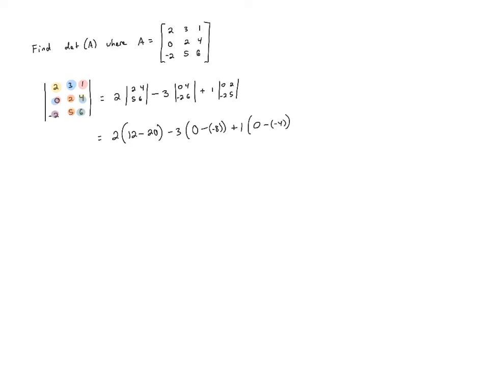And then we can go and do the math inside the parentheses. 12 minus 20 is -8. 0 minus -8 is 0 plus 8, which is 8. And 0 minus -4 is the same as 0 plus 4, which is 4. Then we can do the multiplications. This gives us -16 minus 24 plus 4. -16 minus 24 is -40, and -40 plus 4 is -36. So the determinant of this 3 by 3 matrix is